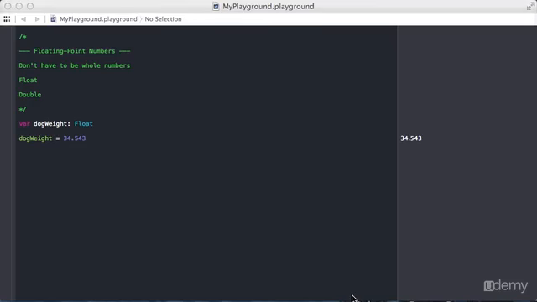Floating point numbers. There are two different types of floating point numbers. There's a float and a double. Basically, these two types are numbers that don't have to be whole numbers. So to jump into an example to hopefully explain this a little bit better, we have a variable